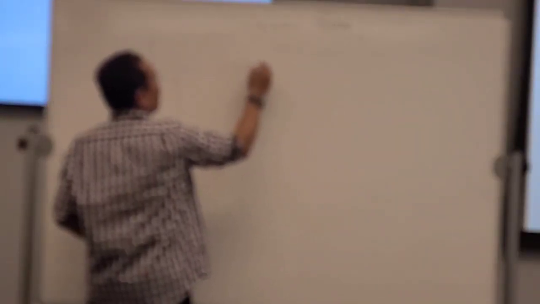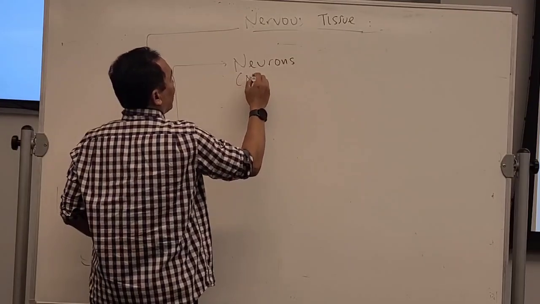Okay, nervous tissue. This is the tissue of the brain, the spinal cord, and also the nerve. Remember, there are three organs of the nervous system. What? Brain, spinal cord, and the nerve. So the nervous tissue consists of cells. Remember that, right? Tissue consists of cells. But in the nervous tissue, there are two types of cell. The first one is called the neuron, or nerve cell.